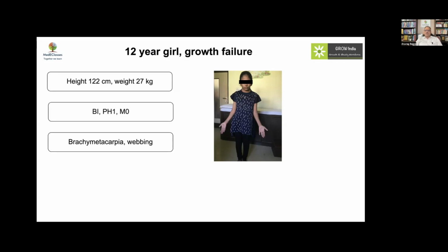Somebody did an FSH level, which was high, and was advised growth hormone. Now, as Vanier said, FSH may be normal in the early age group when the bone age is retarded. But high FSH with classical features only also may suggest Turner, but you need to always do a karyotype to